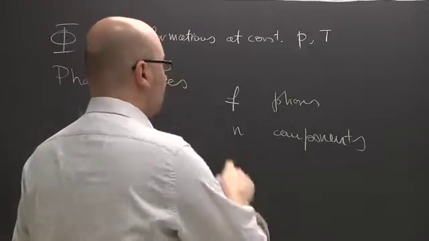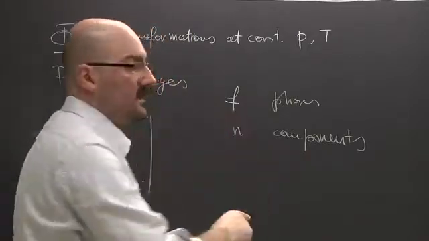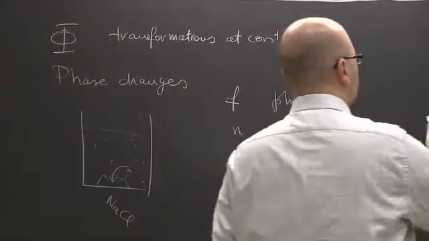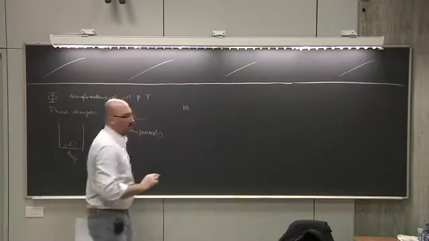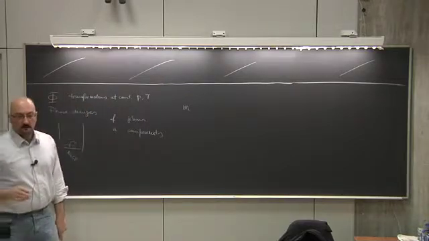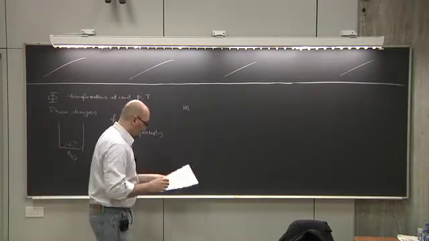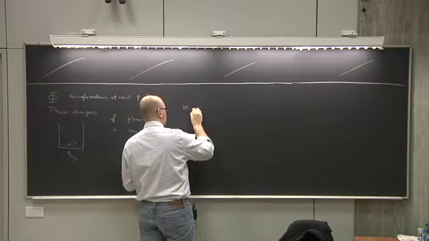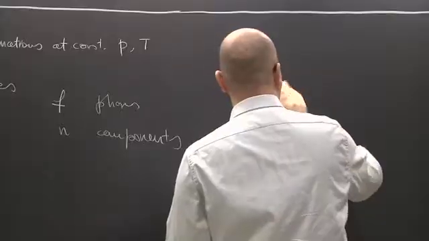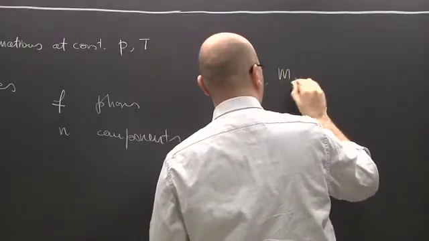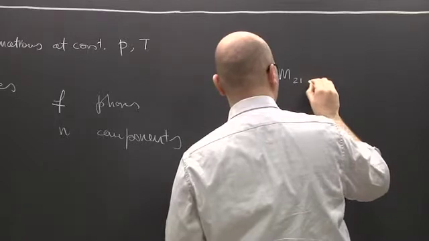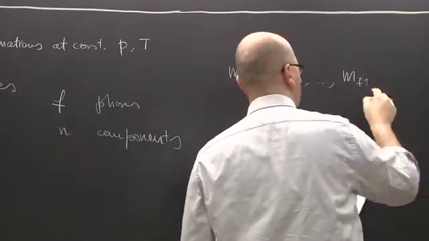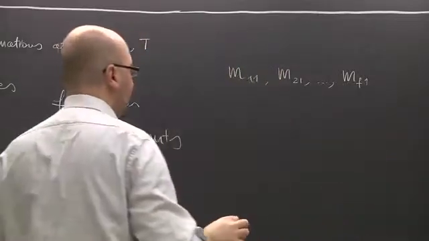So each of the n components can be in one of the F possible phases. Okay? And therefore, there is a mass of component 1 in phase 1, mass of component 1 in phase 2, the mass of component 1 in phase F,